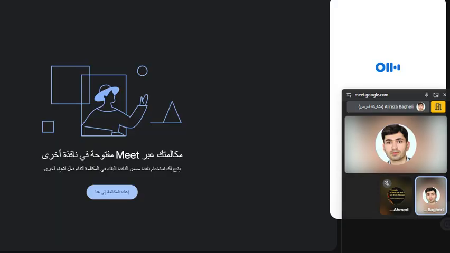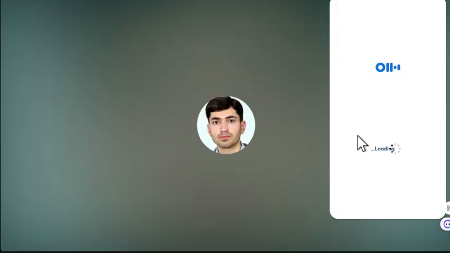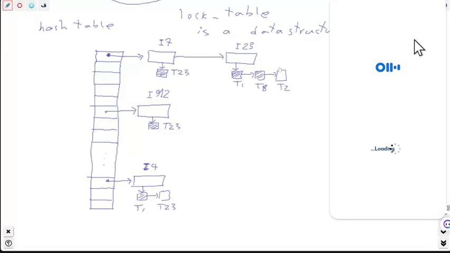If the lock manager does not find item 7 in the linked list, then it knows that until now no transaction has any lock on item 7. So the lock manager can add item 7 to this linked list, and then